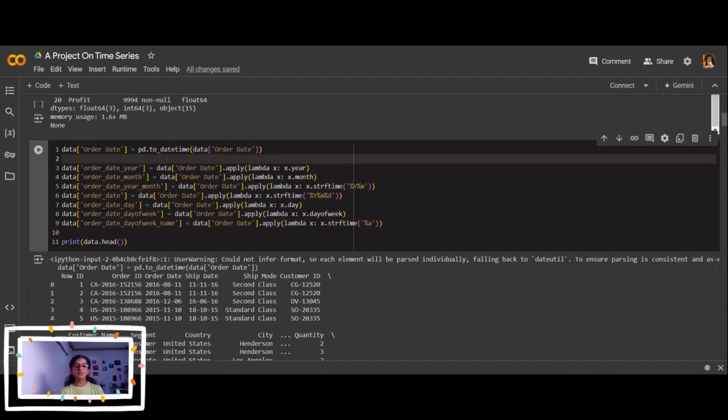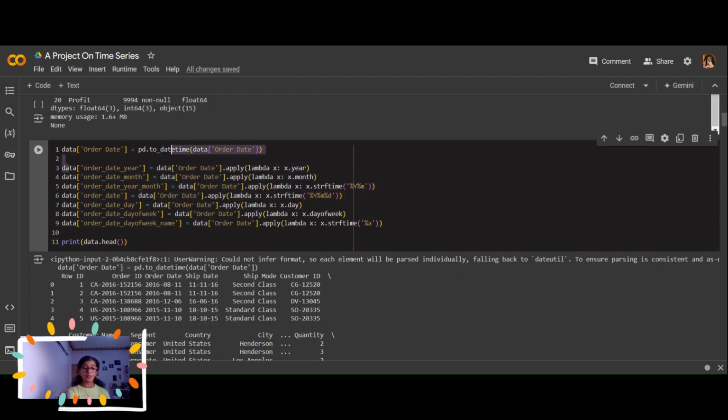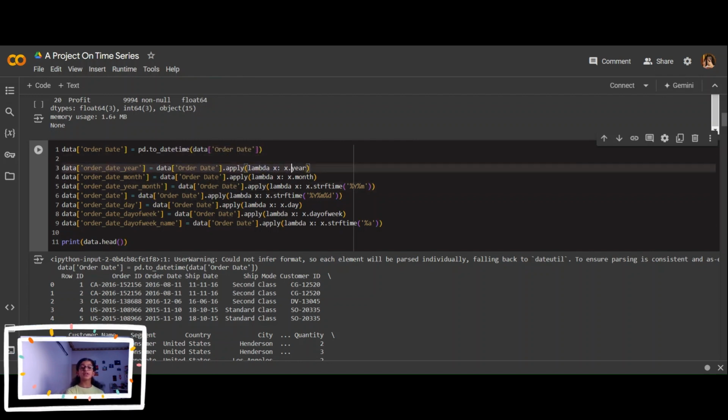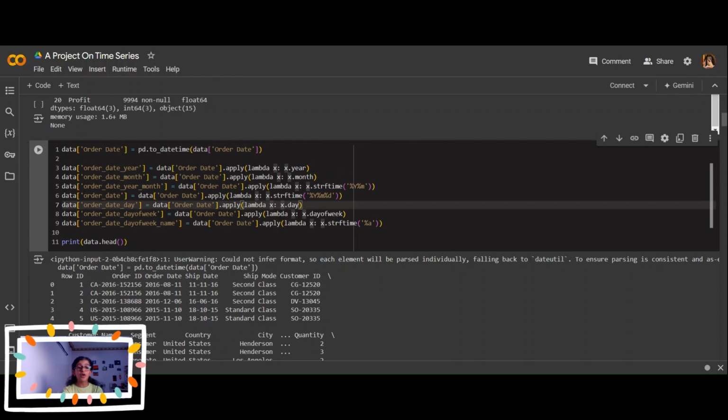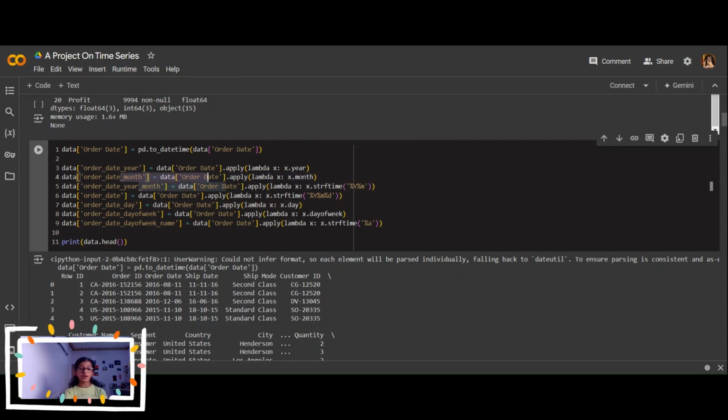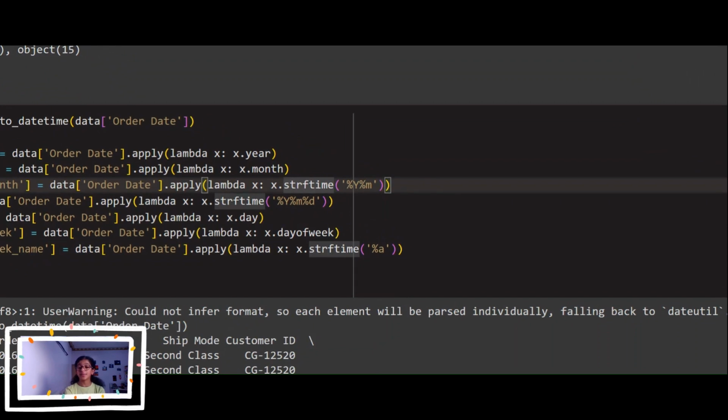Now we're going to do some more information. For example, for order date, we're going to apply the lambda x for the year. So this is how we're going to convert it. Then we have the order date month. We're going to do it on order date year and month with the lambda, and then we also have strftime, in which we're going to put %Y-%m.